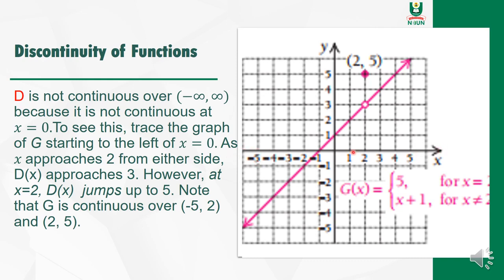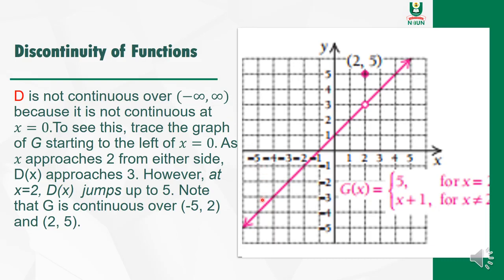That's the range of the graph. That's the interval of the graph. That is minus 5 less than or equal to x, x less than or equal to 5. That's the range. Now to use it, we say D is not continuous over minus 5 to 5,